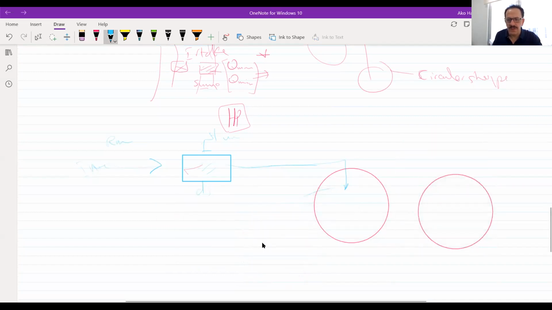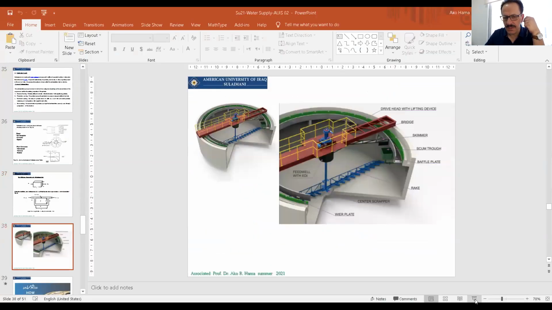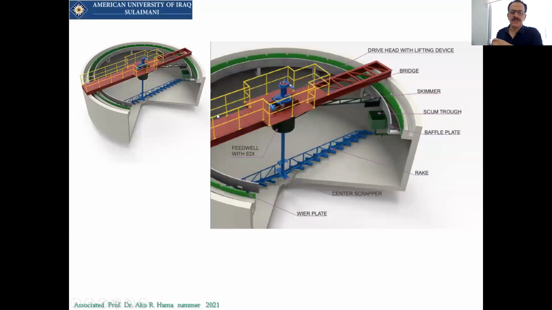So what will be done? The water is coming through the distribution tank to two tanks. If I have Q here, this one will take half of the Q, and this one the other half of the Q. From the design, we determine the number of these clarifiers. By the way, this is the top view of the clarifiers. If you want to see the whole clarifier shape, it will be like this. This is the top part of the clarifier.